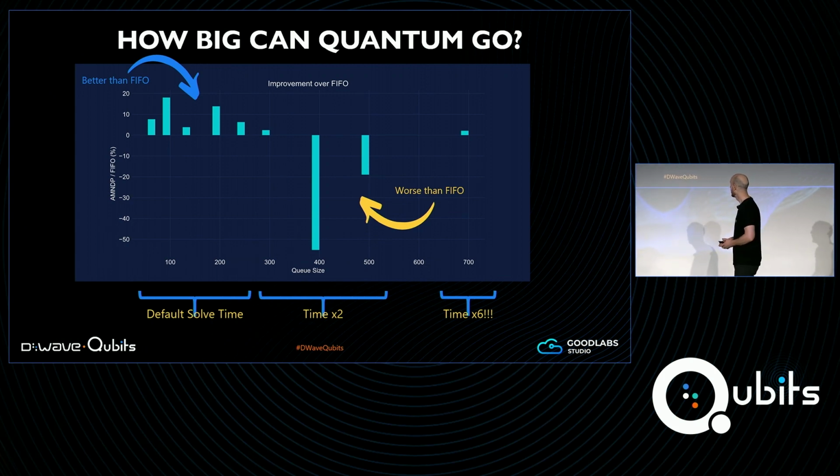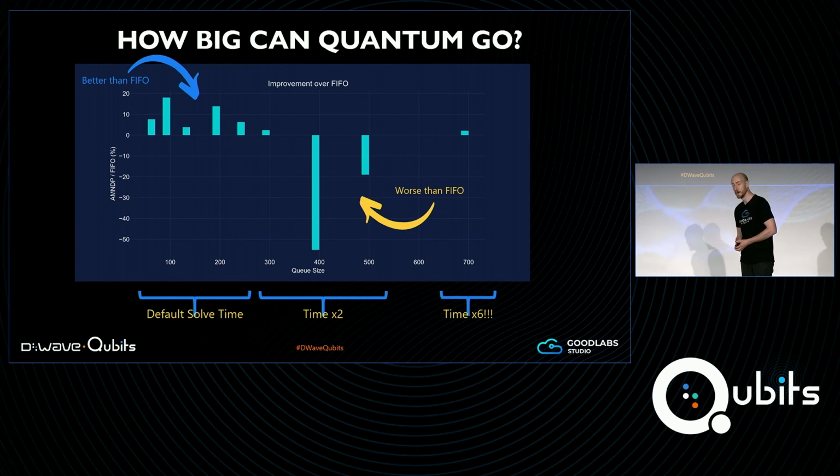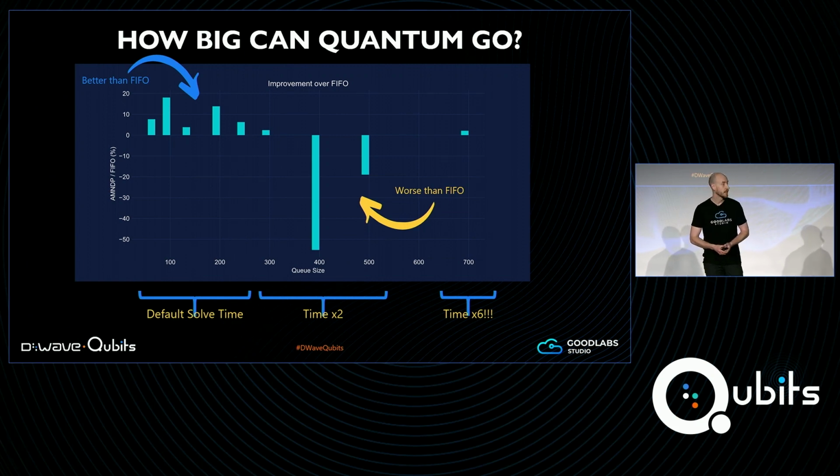But when we reached a queue size of 250, we started seeing degraded solutions, and in some cases no solutions at all, until we increased the solve time to counter this. We increased it with respect to a multiplication of the default time, which is calculated with respect to biases of the QUBO. We were able to get a solution for the maximum problem size of 700, but that required a solve time of 6 times the default, or about 3 hours, which is quite respectable.